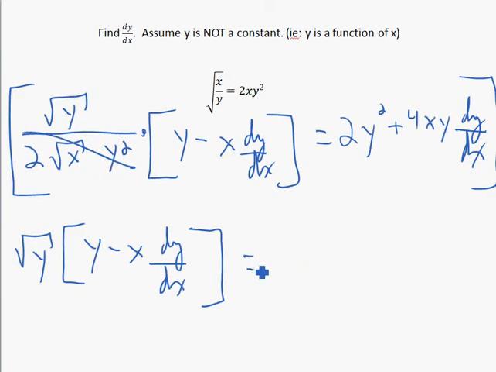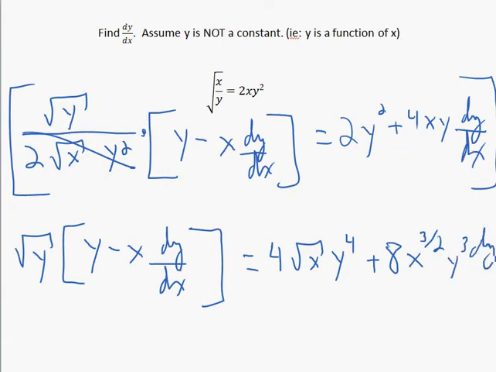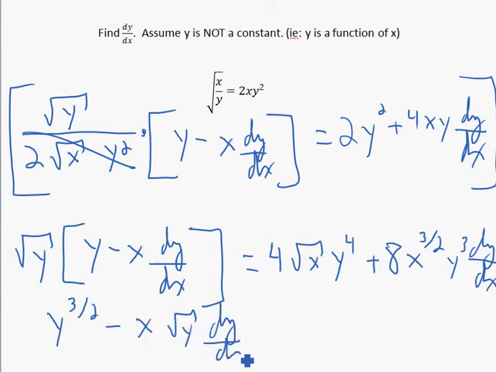And then over here, multiplying by 2 root x y squared is going to give me 4 root x y to the 4th plus 2 and 4 is going to make 8. Root x and x make x to the 3/2, and y squared and y make y cubed, and that dy/dx is still there. Now I can distribute in this root y, and that becomes y to the 3/2 minus x root y dy/dx, and that still equals this whole left side. So